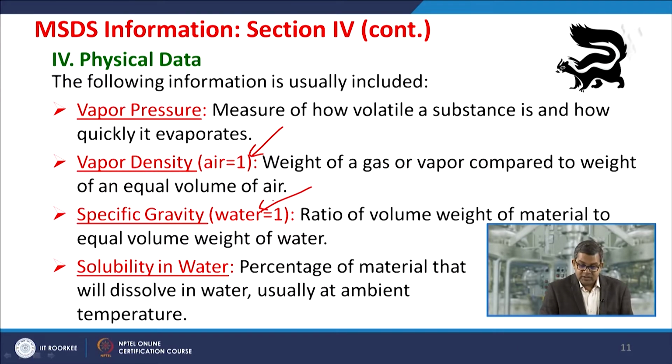Now remember, whenever you are deviating from these two references, then the manufacturer must ensure that they give a proper reference on which they have calculated the vapor density or specific gravity. And moreover, whenever you are using these physical data, you must know the proper definition and when it should be used. That's why technical knowledge and technical competency is important.